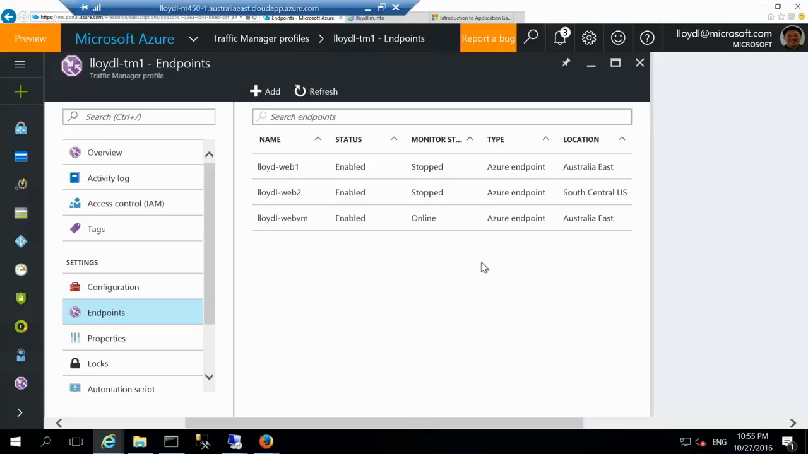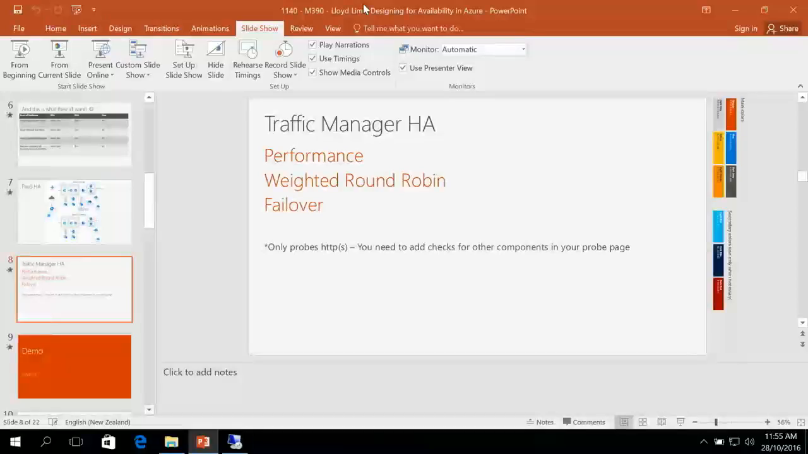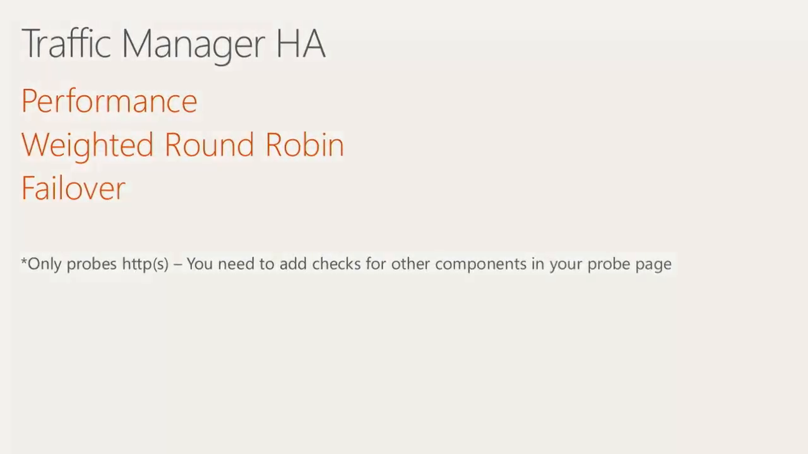So you can do all these changes on the fly without losing anything. Whatever was functioning still functions, all right? So there you go, that's Traffic Manager. Now the next thing we have